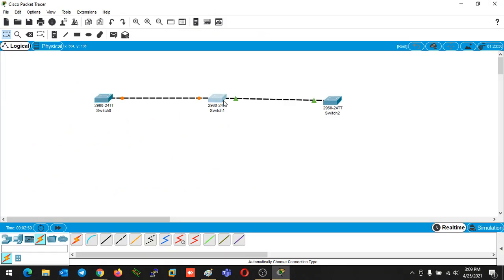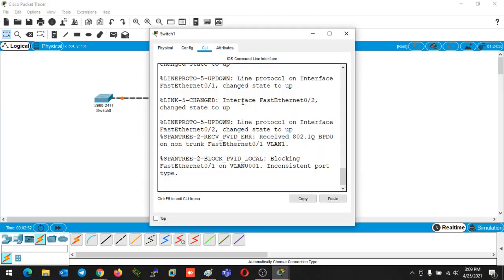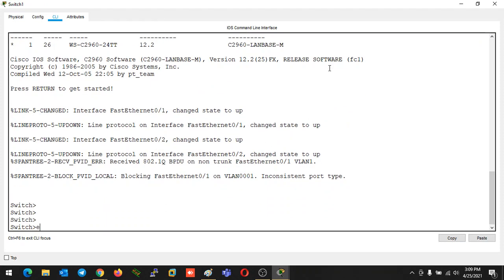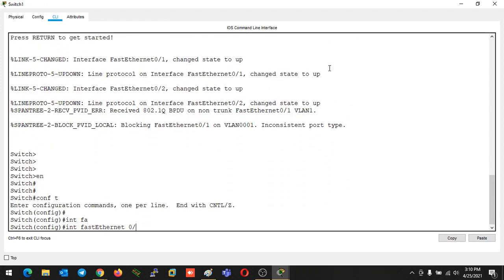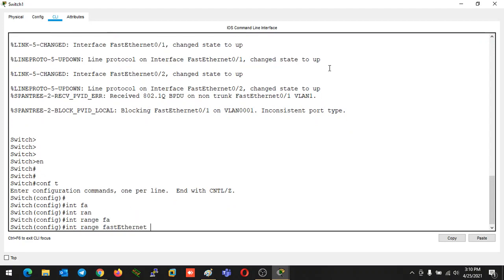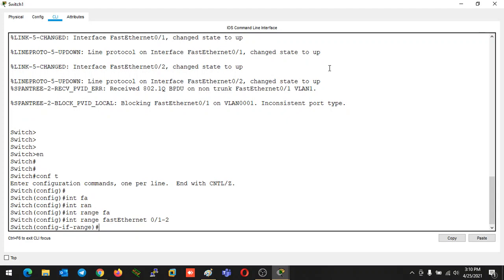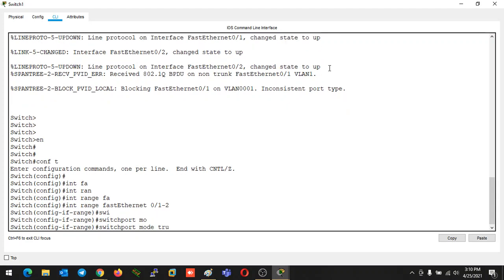On the second switch also I have to make both ports work as trunk ports. I can take the range directly: interface range FastEthernet 0/1 to 2, switchport mode trunk.